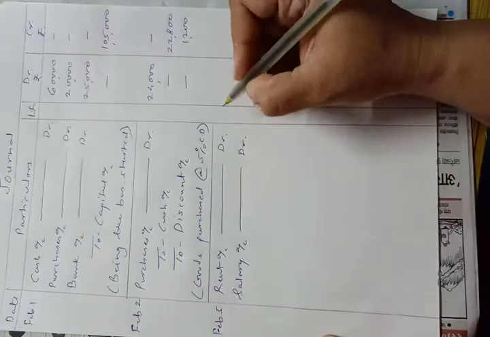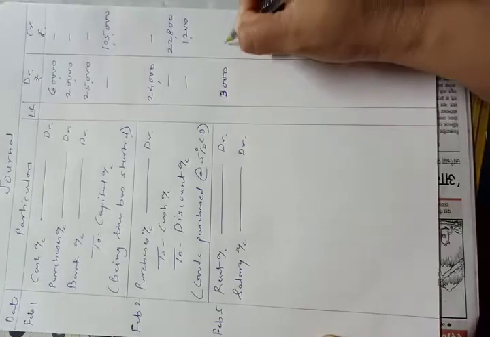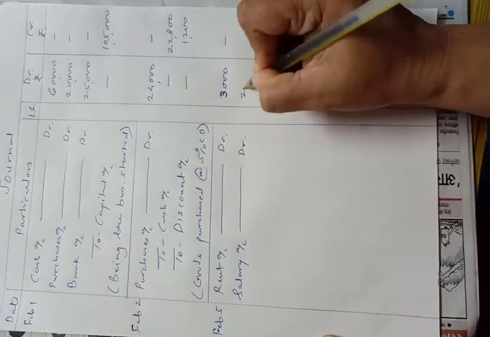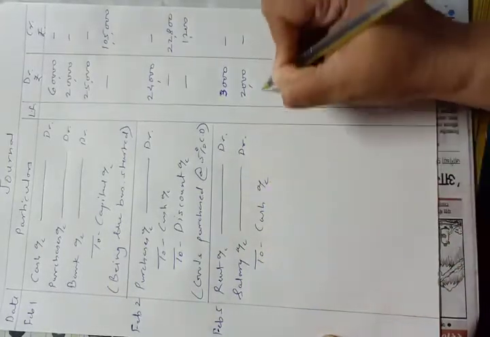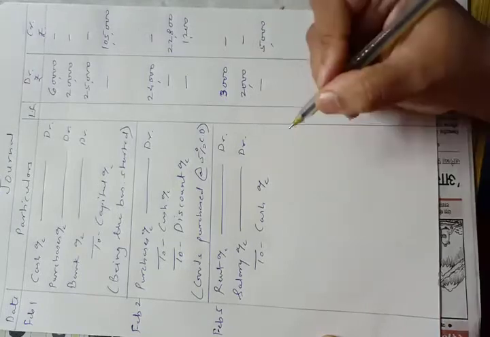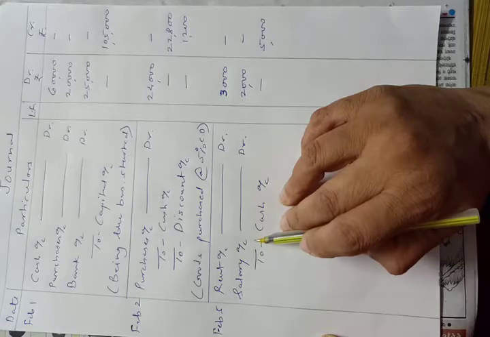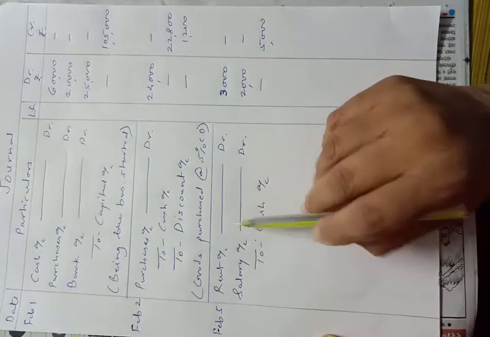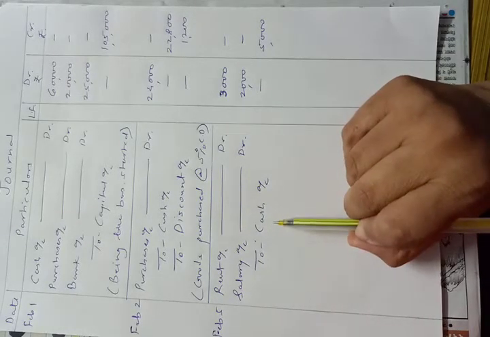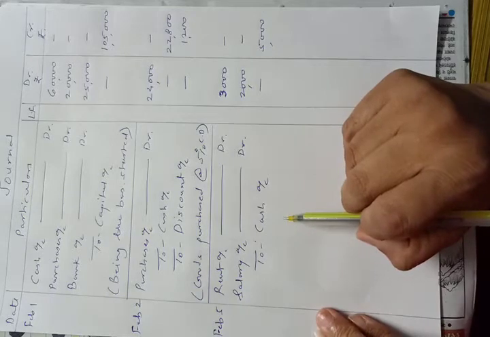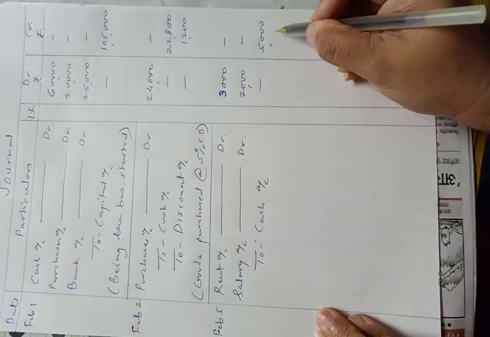salary account debit. Rent account will be debited by the amount of rent, that is 3,000. Salary account will be debited by rupees 2,000. It means cash is going out from our business, total rupees 5,000. By using traditional approach, rent and salary account is nominal account. Debit all expenses and losses, credit all gains and income. These are our expenses, so these accounts are debited. Now cash account is real account, credit what goes out, total amount is going out rupees 5,000, so cash account is credited for rupees 5,000.